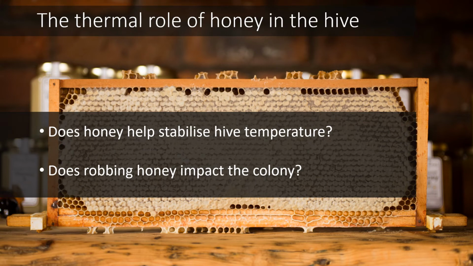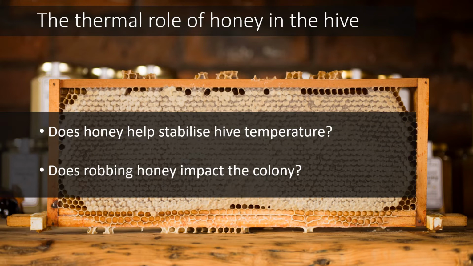Now, having quantified the heat energy that's in a super and how much energy it takes to warm those supers up, I wanted to know how much heat energy is actually stored within the honey that we take away. And I asked two questions: does honey help stabilise hive temperature, and does robbing this honey actually impact the bee colony? So I set up a series of experiments using supers full of either full honeycomb or stickies,